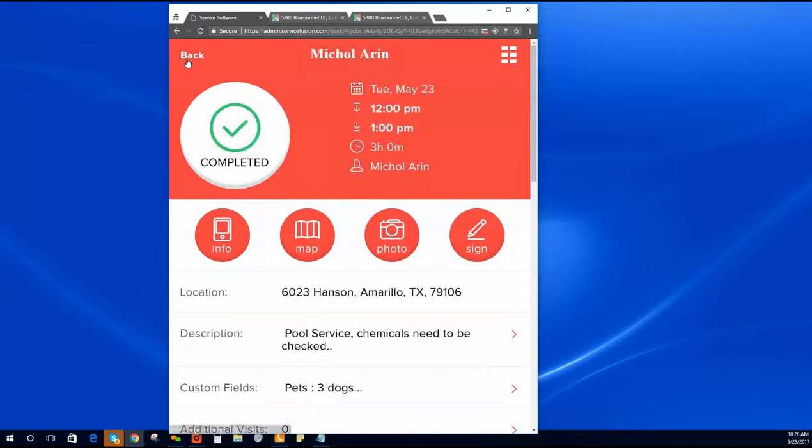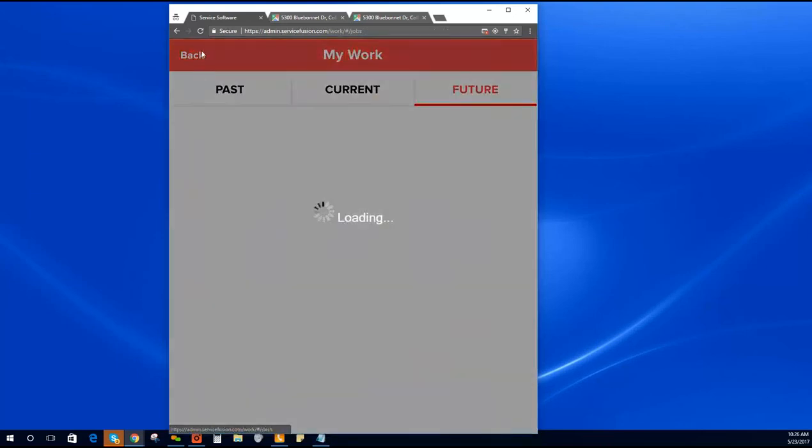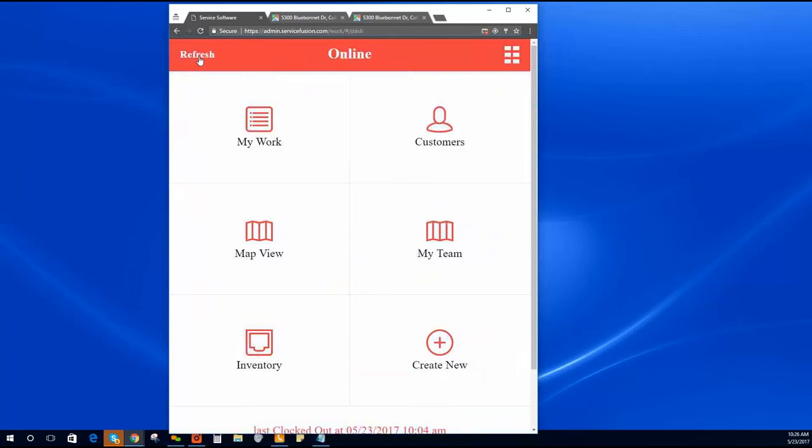So that's going to walk you through the options in the Field Worker app, all the way from creating a job to finishing and accepting payments. So let's see here if there are